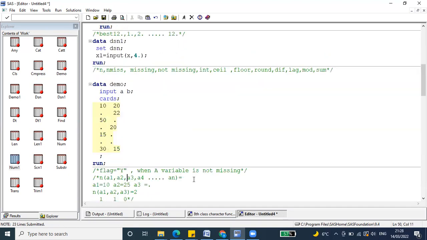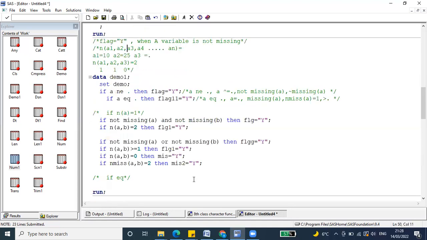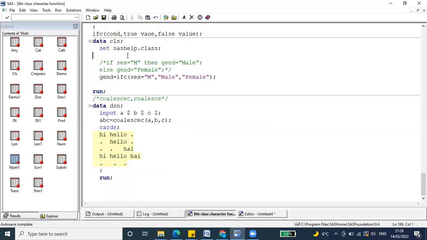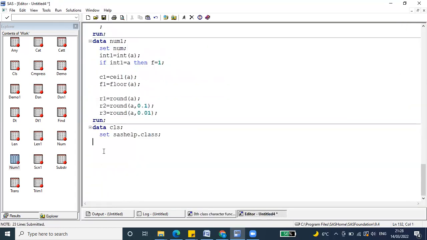So for diff, I can directly use SAS. diff1 is equal to diff of, suppose, age. Okay. One is equal to